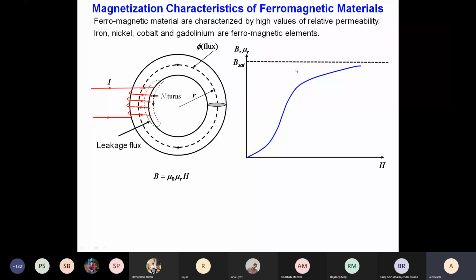This is because there is a limit to magnetization. You cannot keep on increasing the magnetism to an infinite extent. There will be a limit for the magnetization to get saturated. So this is basically the BH curve characteristic. Typically, it looks like this type of S-shaped curve with a particular region known as the knee region. So you see, initially the slope of the BH curve is basically